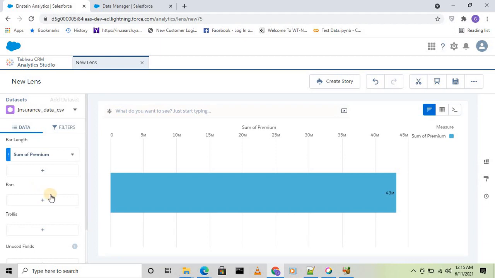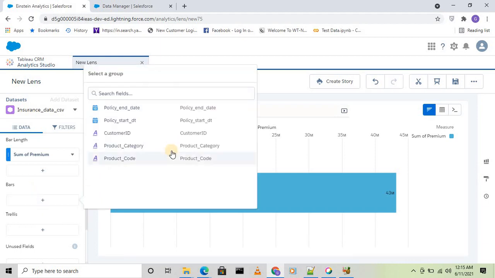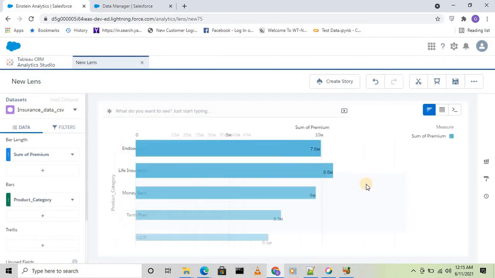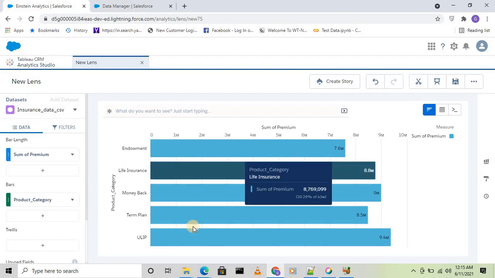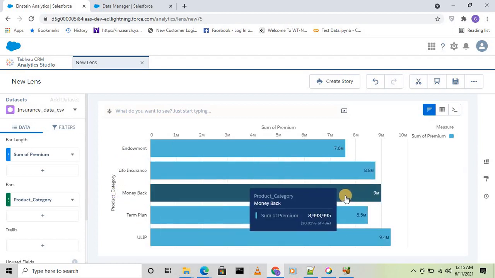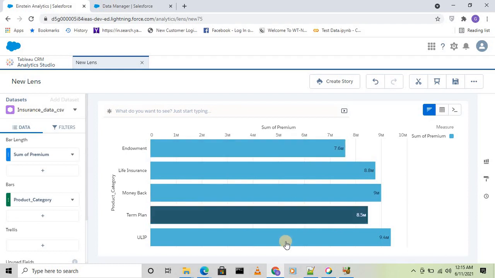I'll select bar chart, click on this one, then I'll select product category. The moment I selected product category, you can see that number split into the different product categories. For each product category, this is the sum of premium. For endowment, for life insurance, for money back, this is my sum of premium. So this is the bar chart.